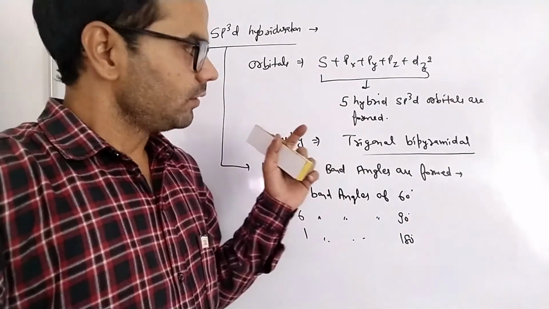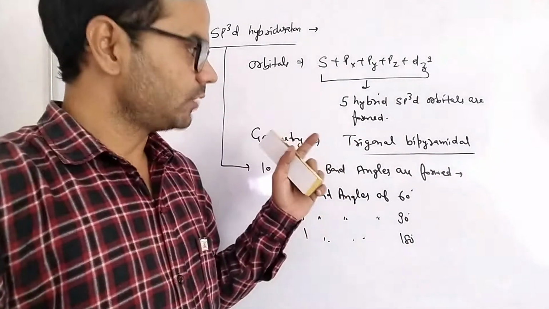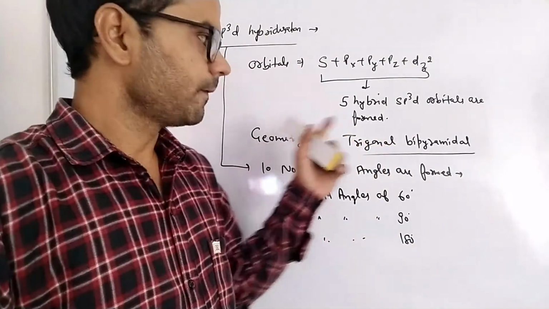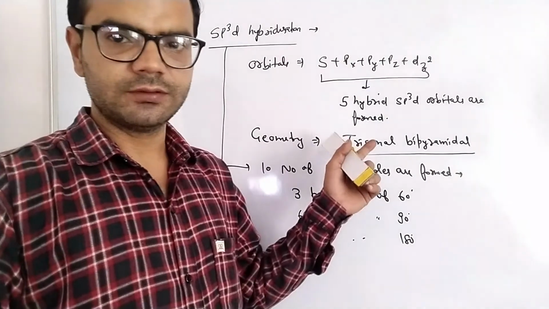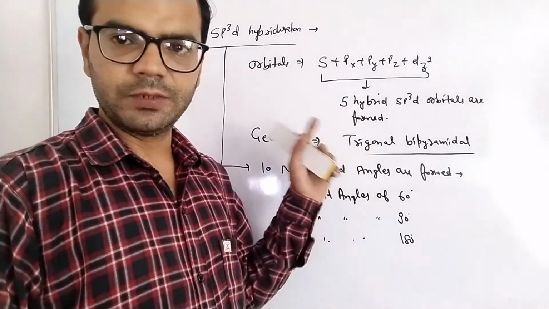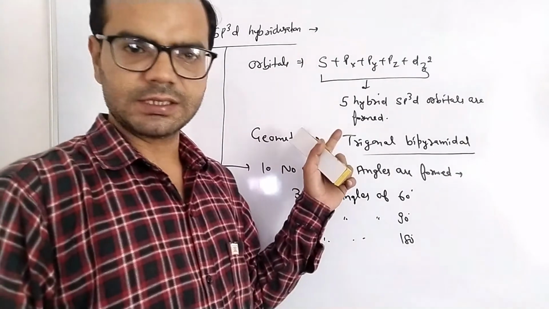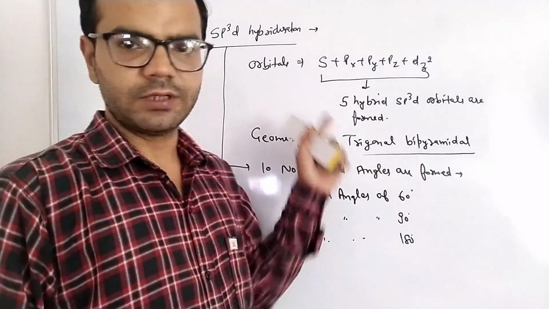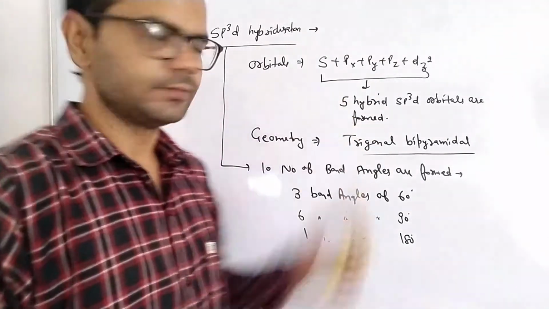And if lone pairs are present in the compounds and the hybridization is sp3d, then we need to locate lone pairs of electrons on the equatorial triangle to minimize the lone pair bond pair repulsion. Lone pair must be placed at an equatorial triangle. So what are the possible cases for sp3d hybridization?